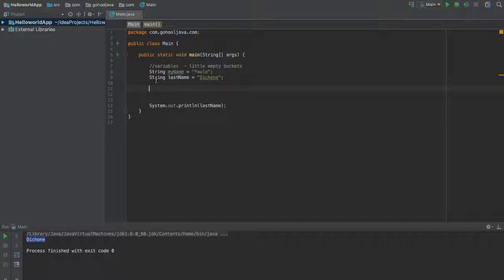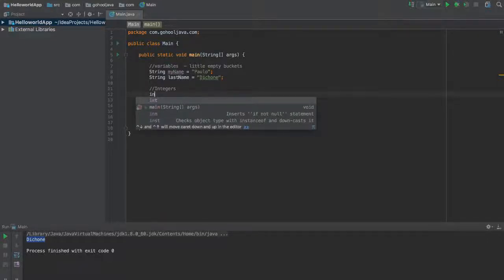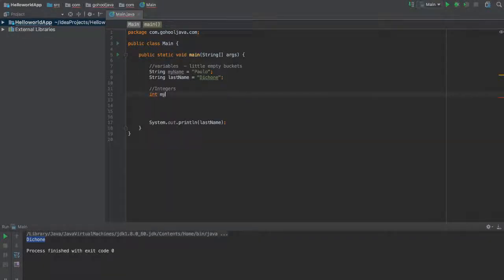So following again this notation here of first having a type and then the name of the variable, and then we have the assignment, okay? The same thing follows. So for integers, we say int. Our IntelliSense here is helping us out. So there's int. My age, for instance, I can say is 31, which means if I go here and say myAge, there it is, just say enter and save, and you run this,